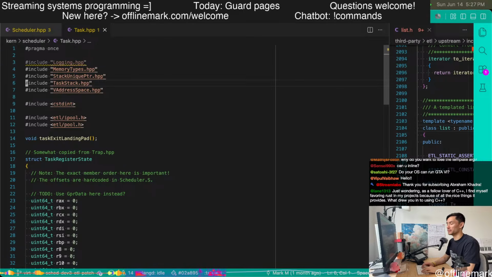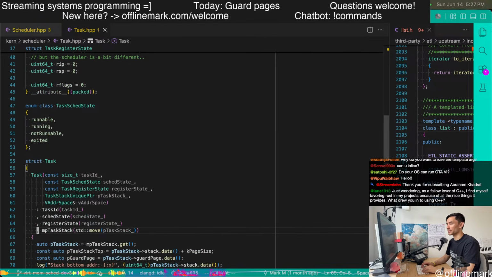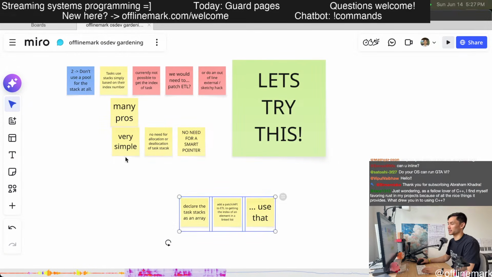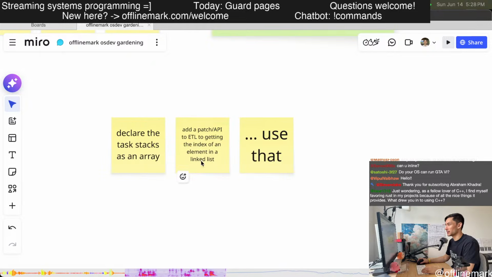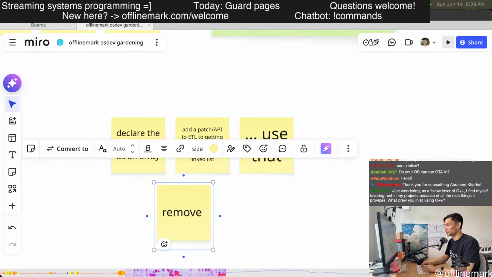Right, so even before we do any of that, let me declare: remove the smart pointer from task, make it a raw pointer.